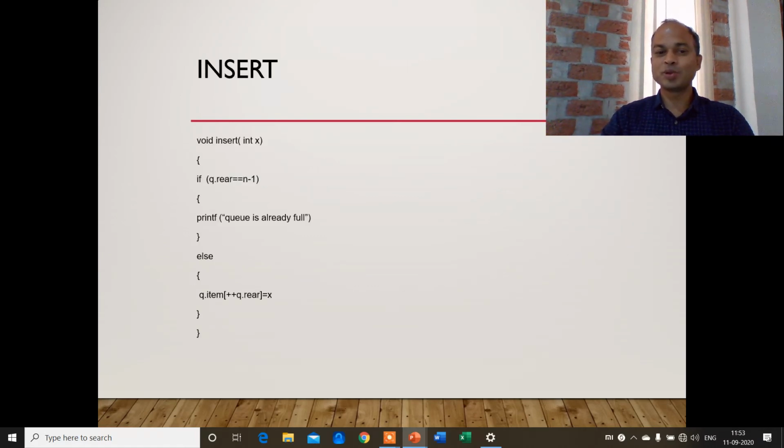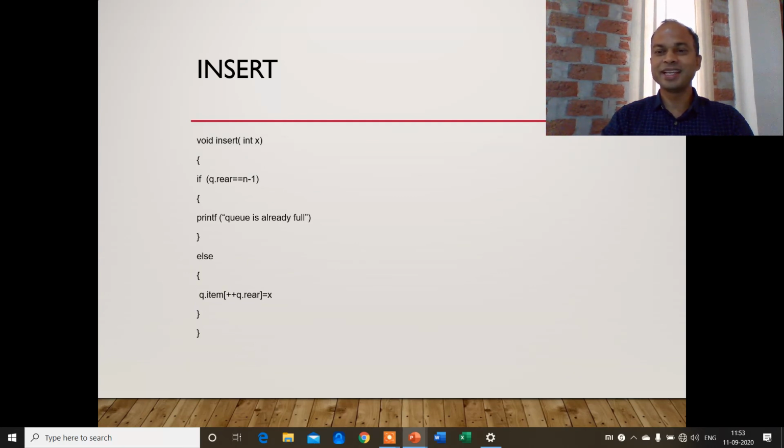If we talk about the insert operation, then we are inserting the item X into the queue. First of all, we check whether my queue is full or not. If the queue is full, that is, rear equals n minus 1, the insertion operation is not possible. Otherwise, we can insert the item into the queue.